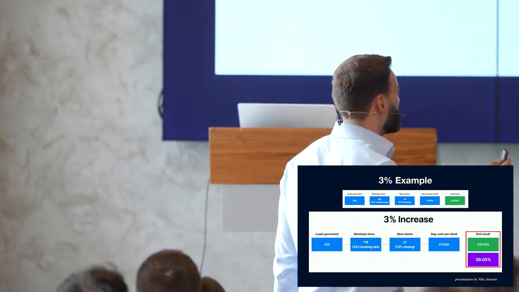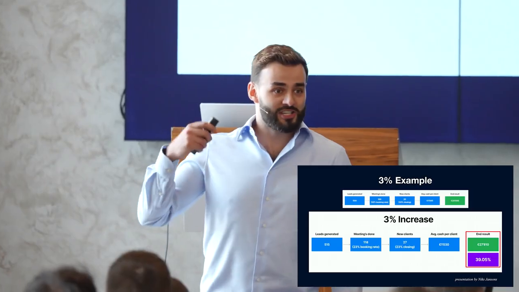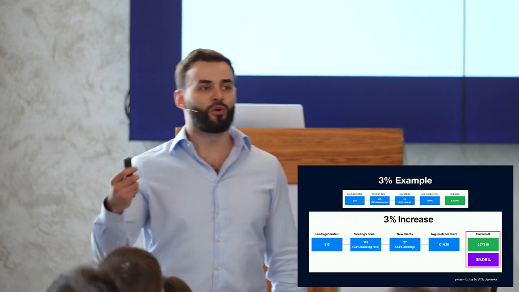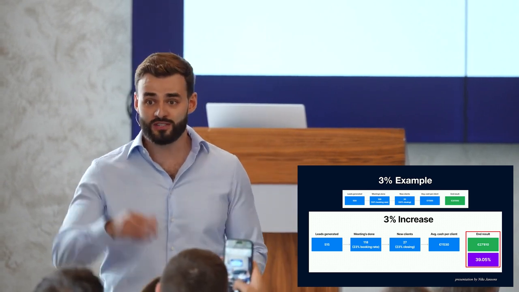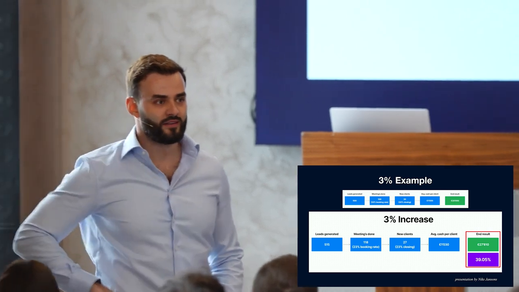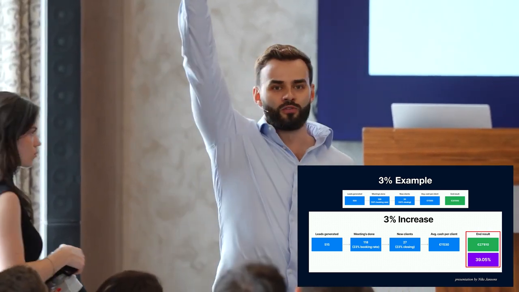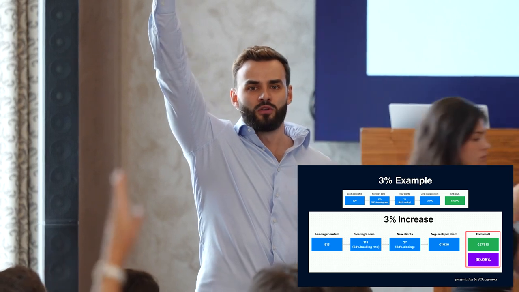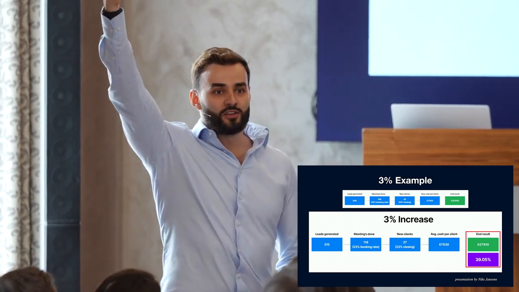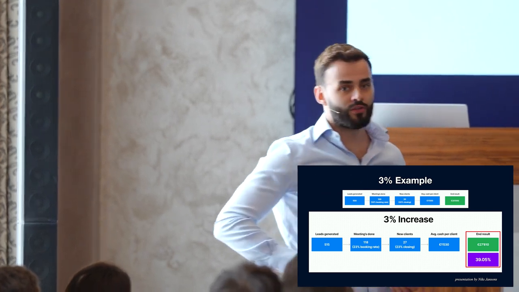Boom. The difference would be 39%. Imagine just having 39% more cash collected per month by just 3%. That's not so hard, right? Just 3%. And again, that's very doable, right? Is it doable? Yes or no? Yes. Exactly. Just 3%. And it gives you 40% growth.